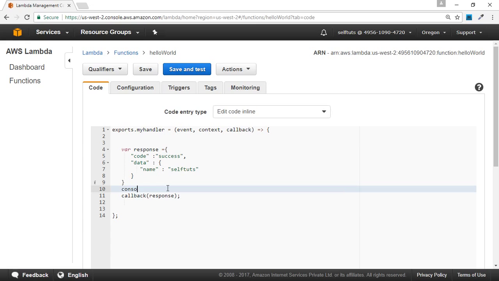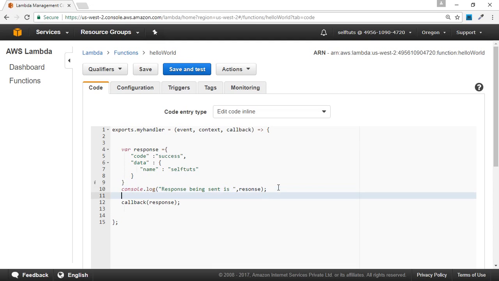So I'll just log this statement, what my response is. I'll write console.log, response being sent is the response object. What I'm saying is that if I want to see later what responses are being sent by my Lambda function, I put a console.log that says response being sent is this response object.